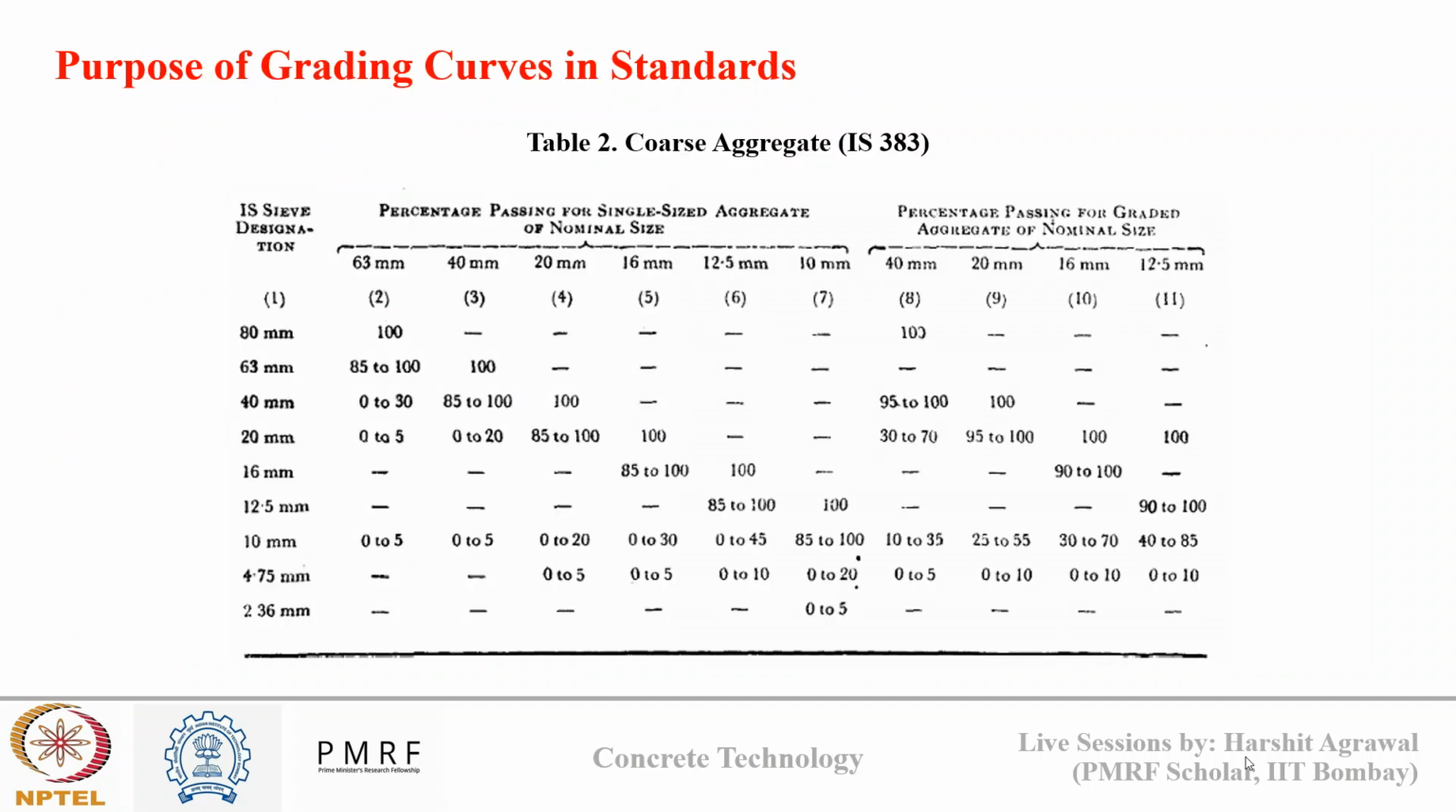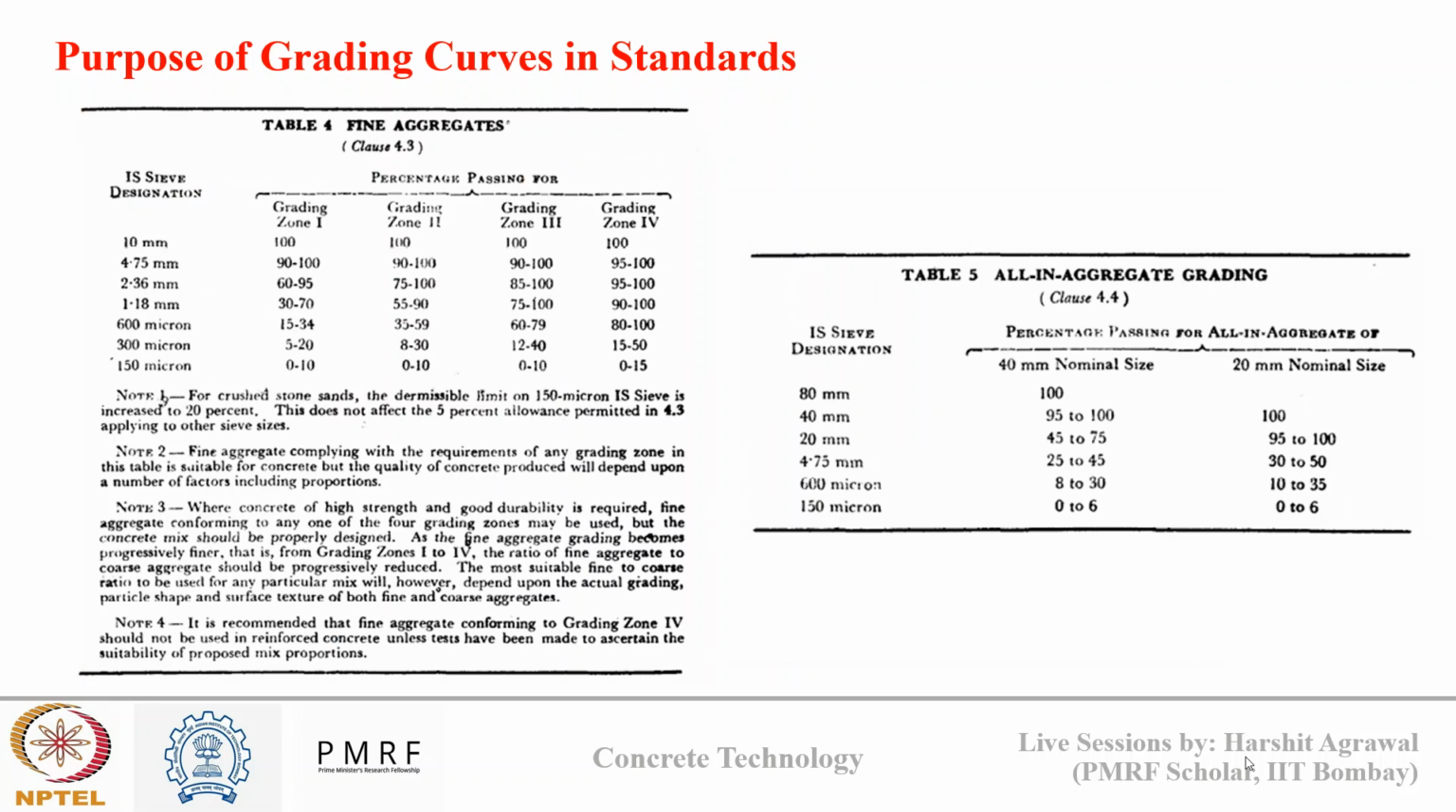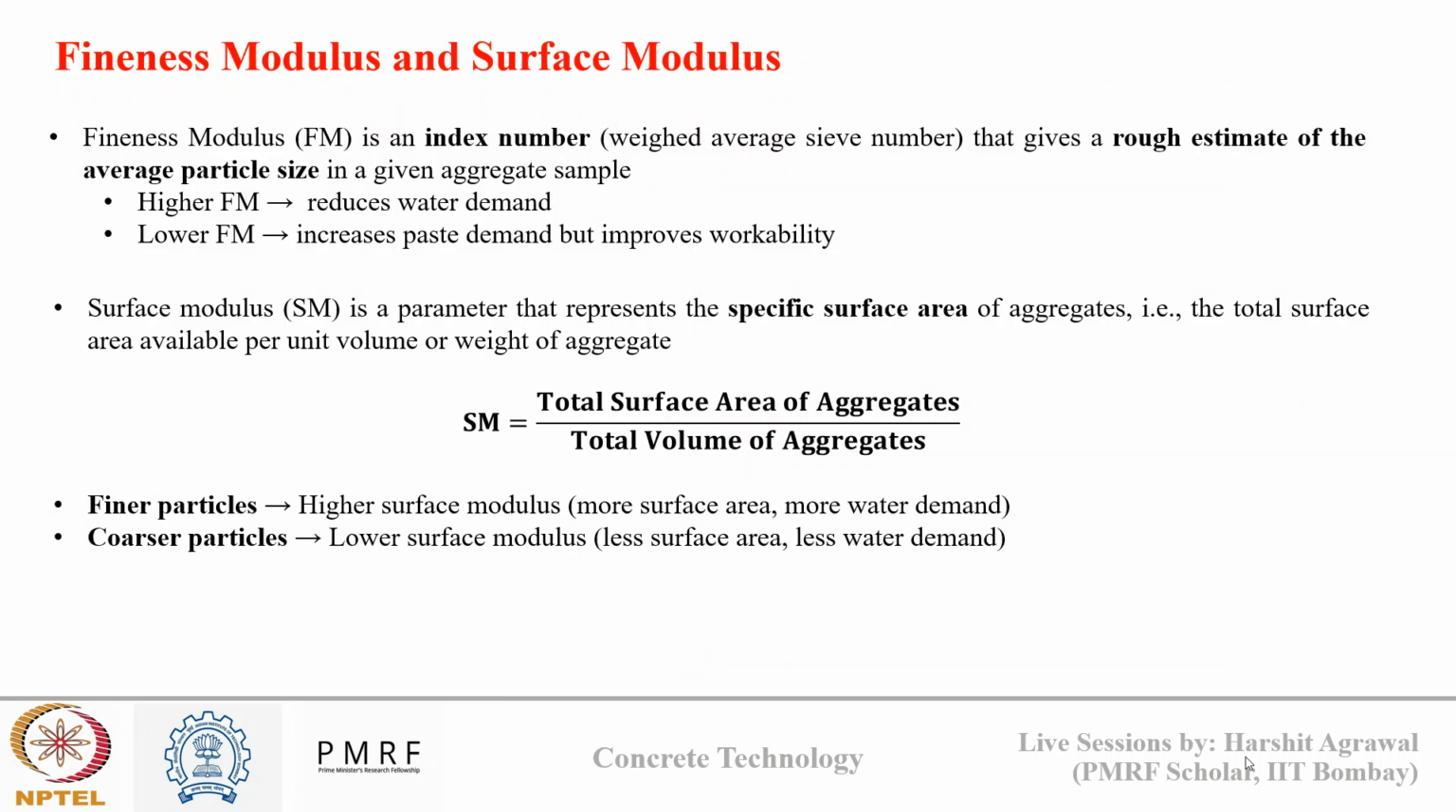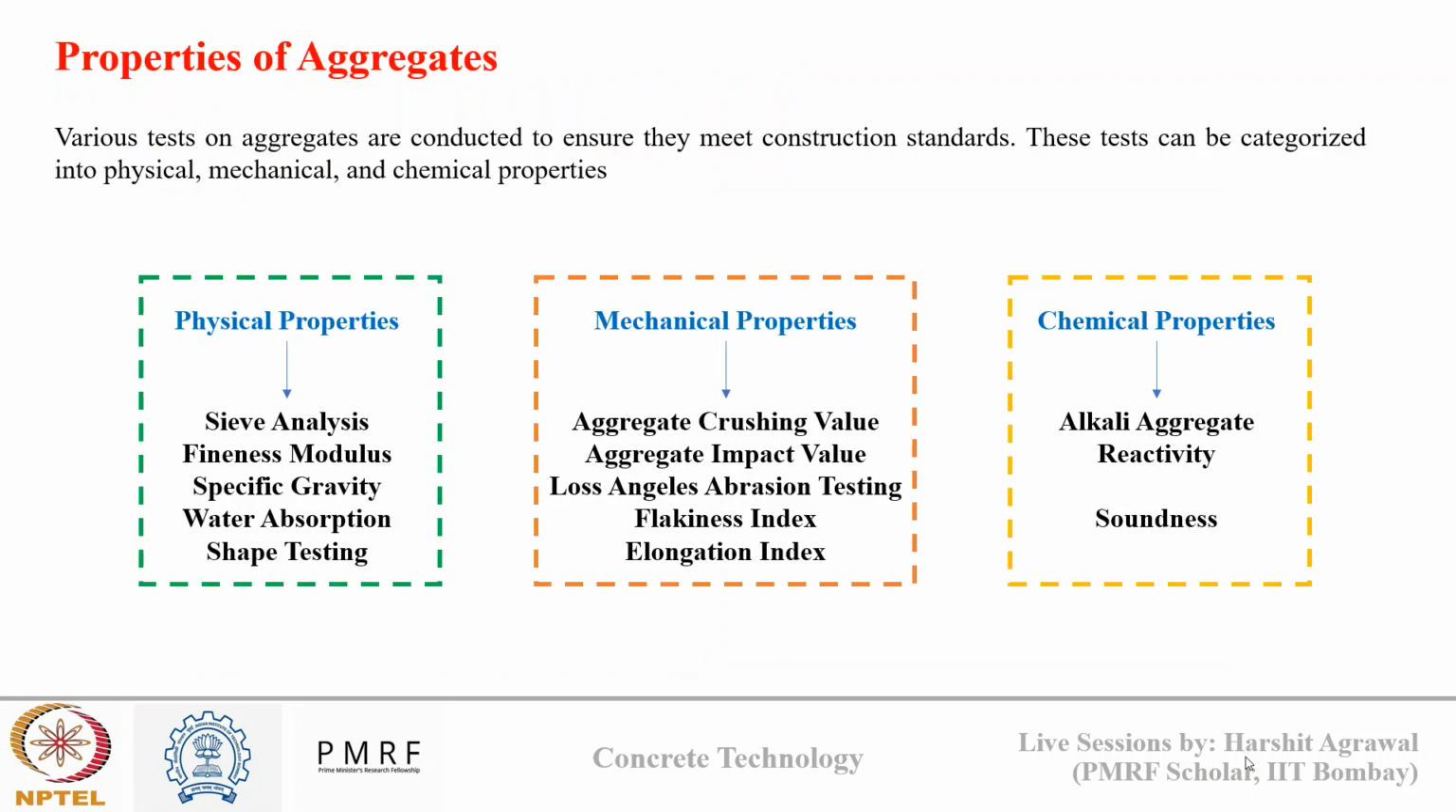of this concept. We then talked about aggregate grading, where we saw IS 383 grading charts. In this slide, you can see Table 2 of IS 383, that is for coarse aggregates that we discussed. Similarly, we discussed grading charts for fine aggregates and all-in aggregates that are present in IS 383. For characterization of aggregates based on gradation, we talked about fineness and surface modulus, and we solved one numerical for each. Then we talked about properties of aggregate, wherein we saw physical properties like specific gravity and water absorption,